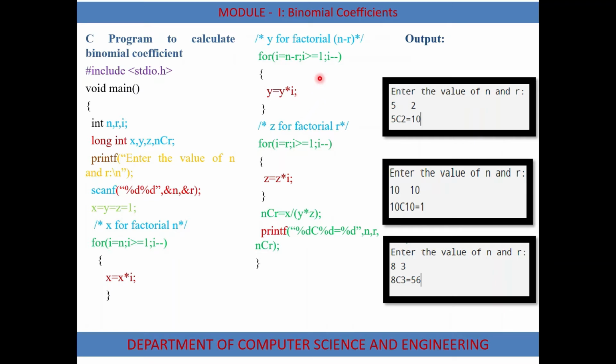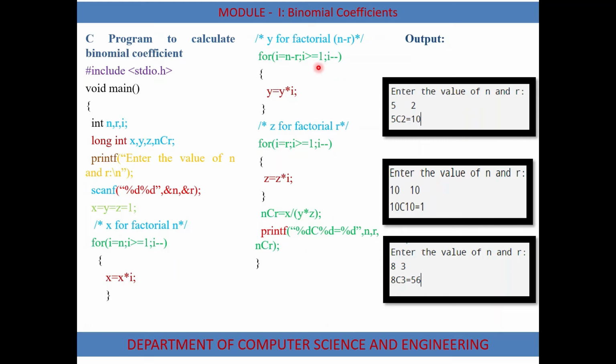Now decrement the value of I by 1. That is 3 minus 1 is equal to 2. So after this what we'll get? The value of y is equal to 3 and the value of I is equal to 2. So this is the post decrement. Decrement is done later. So after performing this operation we need to decrement the value of I by 1.